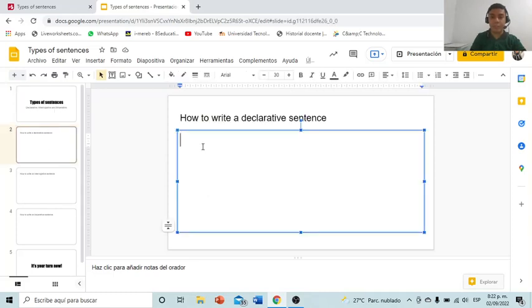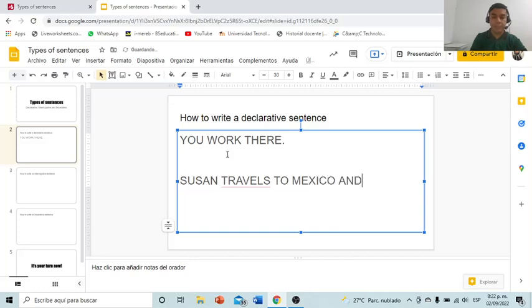Let's start with the declarative. We can add a subject. In this case, we will work with you. We will add a verb, which in present will be work. So you work there, in a short complement way. This declarative statement is a simple example because I'm just using work in the sentence. In the other case, I will now use Susan travels to Mexico and David goes to Japan. In this case, I'm using travels and goes as two action verbs in the sentence,